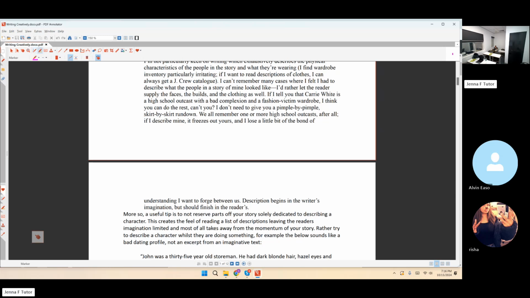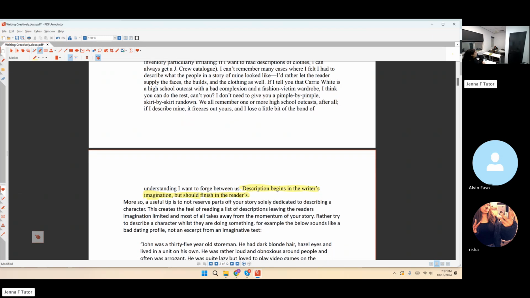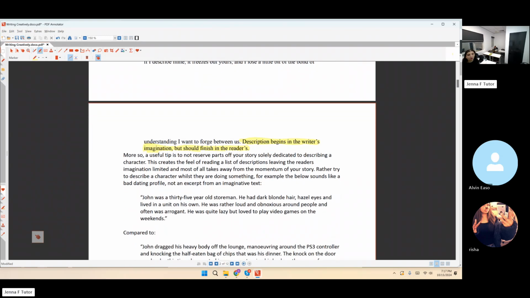Yeah, so this line, I think, is one of the most... Oh, that's an ugly color. I think this line is what we really want to keep in mind when we're doing creative writing. You want the reader to essentially be able to close their eyes and picture exactly what you're trying to describe. So it's a matter of describing it enough that they can picture it, but not too much where it feels like just a shopping list of descriptions. Like you're going, they're this tall, they've got this colored hair, they've got this color, like that just sounds overdone.